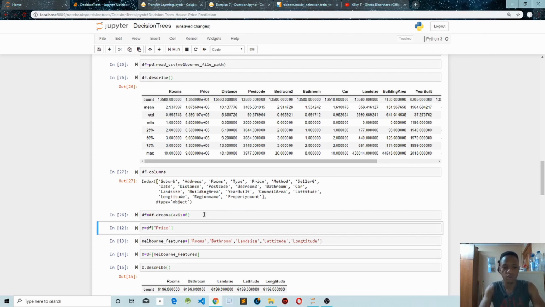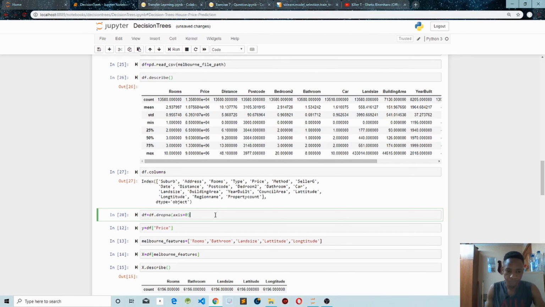And then the other thing is we want to drop now empty values. So here we specify the x is equal to 0. So when the x is equal to 0, we'll be among the